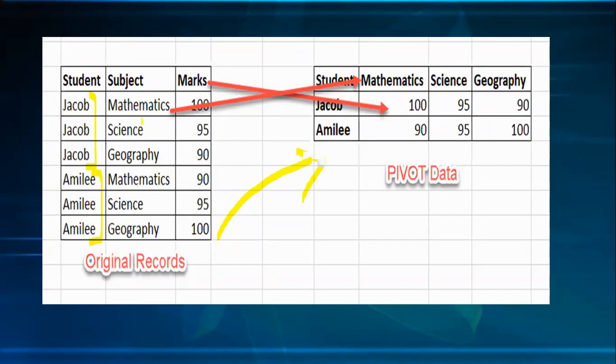It means the subjects are being converted into columns, and student is converted into index. Jacob and Emily are acting as index. So you can see clearly Jacob's mathematics marks are 100. Here also Jacob has got mathematics marks as 100. Like this. The data is the same, but what we have done is rotated or turned the data around a particular axis.